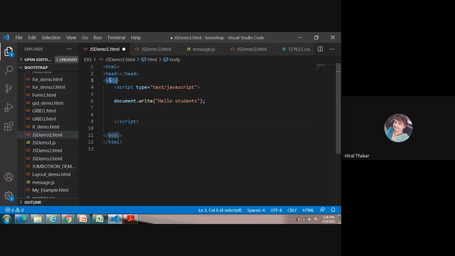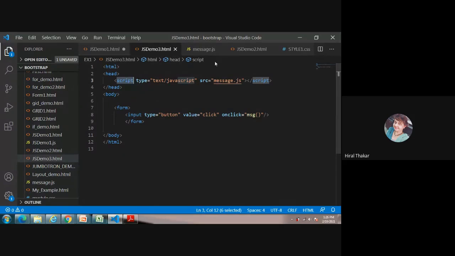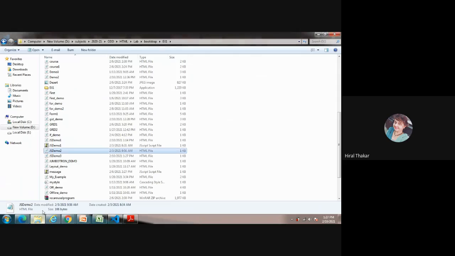This is JavaScript within body, so script is there. This is JavaScript within head part, so script is there as well. And demo 3, this is JavaScript in an external file. So script tag will be there in all the examples. Here you can use link tag as well. But better, you don't remember so many tags, you remember only one script tag. Let me execute it. Demo3.js, sorry, demo3.html.